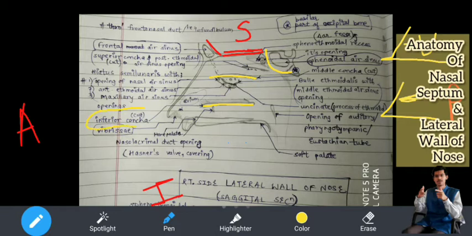Inferior nasal concha, then middle nasal concha. Okay, and then this is the superior concha, that is also cut. The superior concha. Now I am using red color. If you see, every concha has some significance, some opening below it. And this was one of my viva questions.